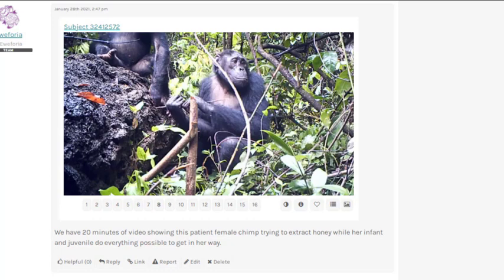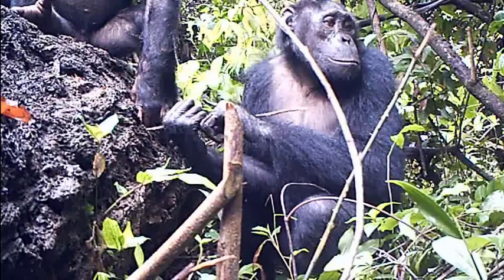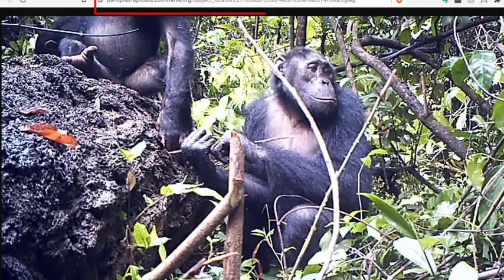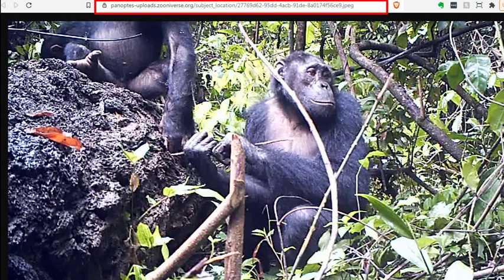When you click on the tab for a still image, notice that a new button appears in the lower right toolbar. This is the Subject Image button. When you click this button, it opens the still image in a new window. This is important because now there is a unique URL for the still image. You can copy that link and insert the still image into a talk message via the Image Media button. We'll explain how to do that later in this video.